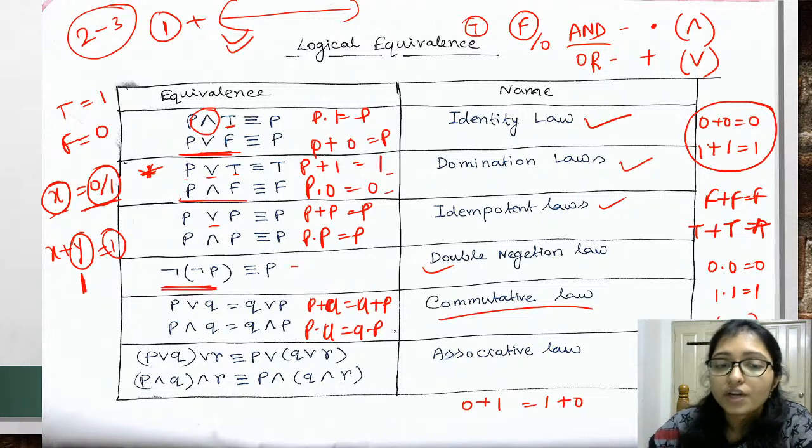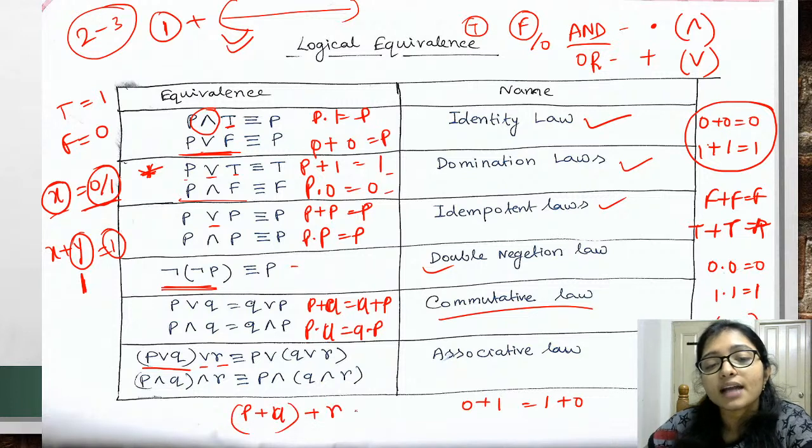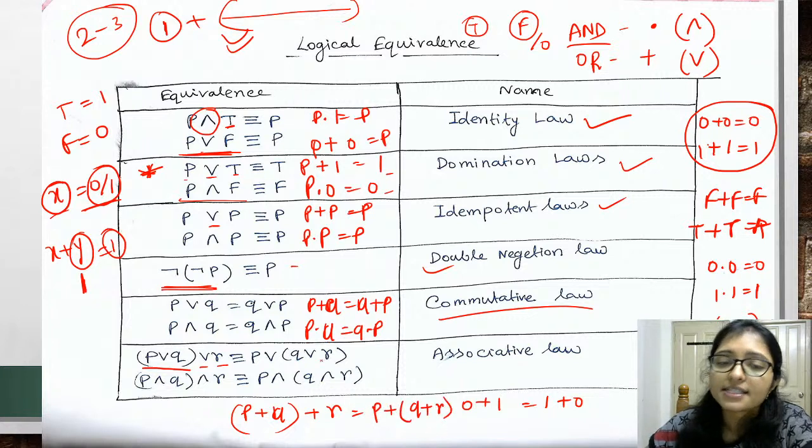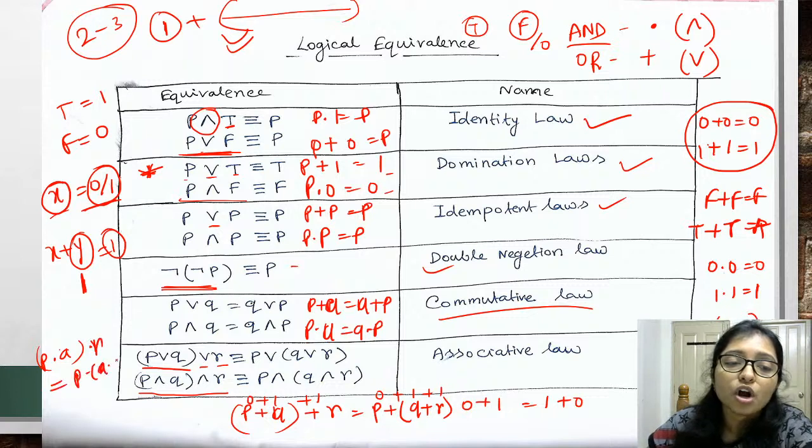Now associative law. What is associative law? That is P or Q or R. Here we are doing addition only. P plus Q is inside the bracket and after that R. That is the same as P plus the bracket of Q plus R. They are the same because it is 0 plus 1 plus 1, and 0 plus 1 plus 1, the same result will come, right? So this is the associative law. And the same with the AND gate: P dot Q and dot R equals P dot Q dot R.